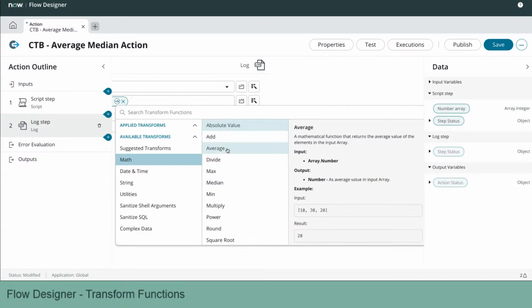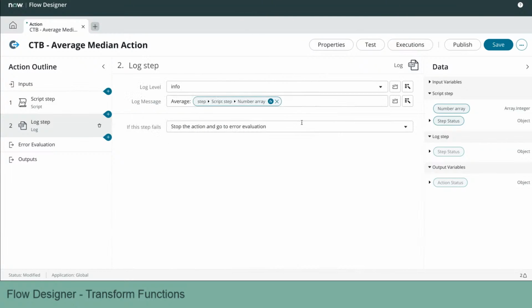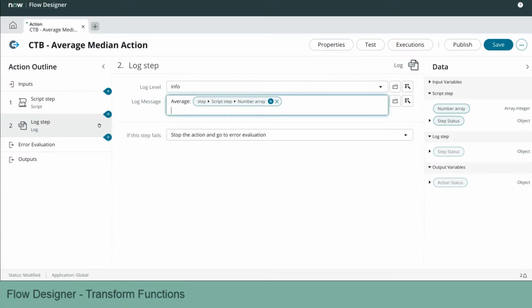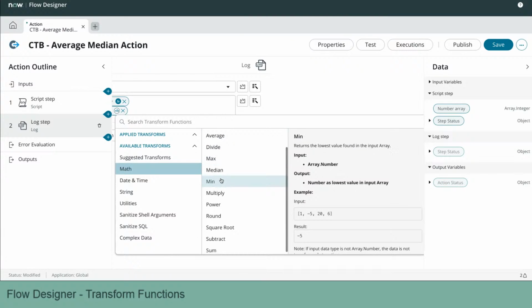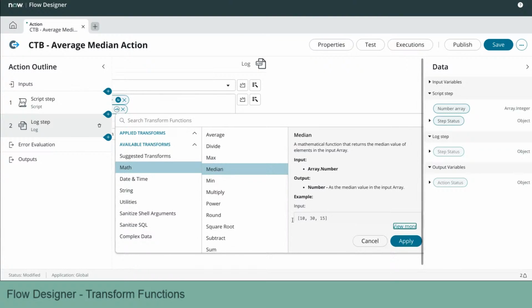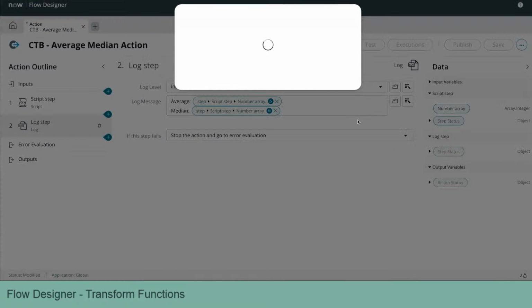So right now we're going to do average. It's telling me for average that the input for this should be an array of integers. And let's hit apply. I guess an array of numbers. I also want to do median, and I can use the same data pill, but just apply a different transform to it. So let's go median, and it's expecting the same type of input. So if we hit apply and then save,